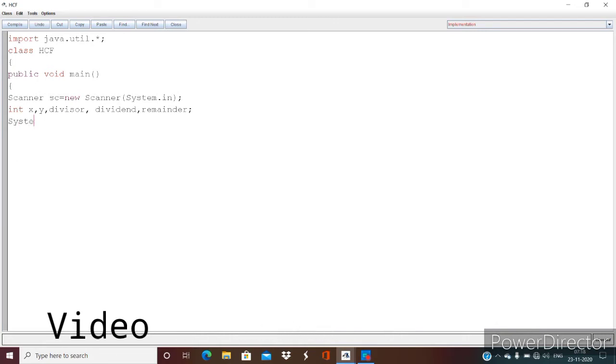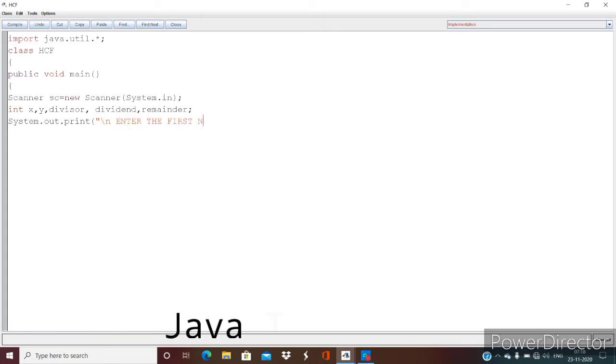Next we'll take input for the two numbers, System.out.print. I'm using the escape sequence \n to create a new line. Enter the first number.